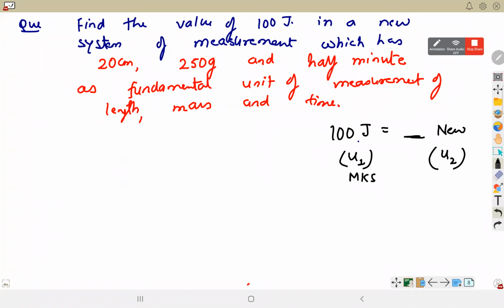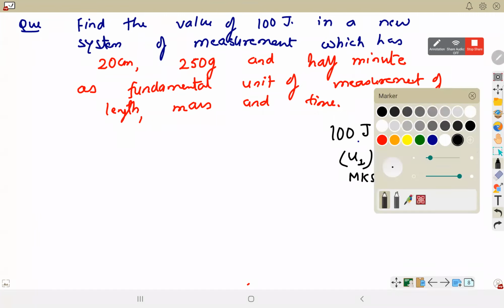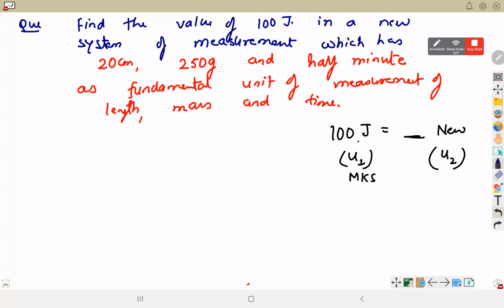You understood the question? पहले हम 100 joule को erg में change कर रहे थे. Now this joule is converted into a new system of unit in which we have decided the unit. It's not the standard one. Right? बेटा क्वेश्चन समझ में आ गया ना? Yes, sir. ट्राई करोगे अपने आप या मैं करूं? Sir, कुछ try कर लेके sir. सर एक बार ट्राई कर लेते सर.